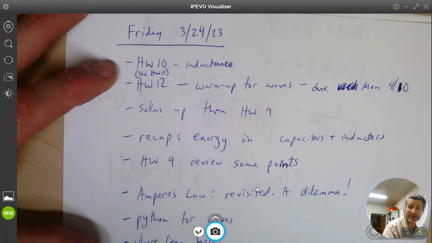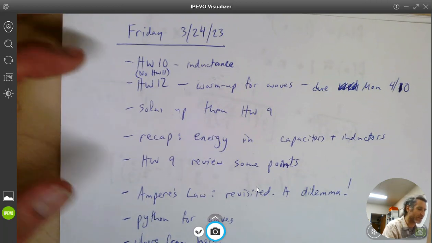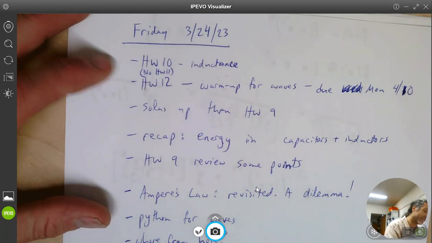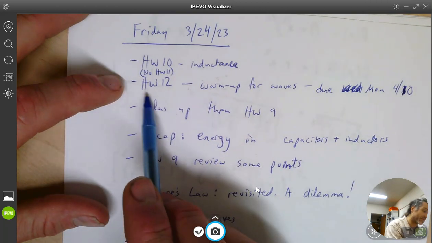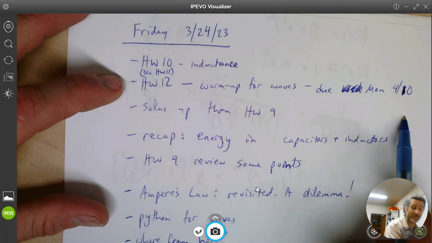Also, when we come back from the break, we'll do a little bit more of what you could call kind of medium qualitative. We're not getting super deep into the ordinary differential equations, but what we are doing is trying to do some sense making around these complex impedances. We'll do that when we get back on Monday after spring break. So homework 12 is going to be just a warm-up for thinking about the notation of waves. That'll be due after our exam.